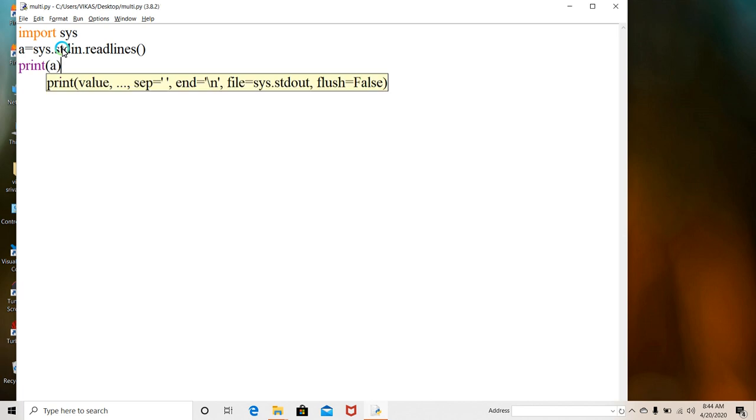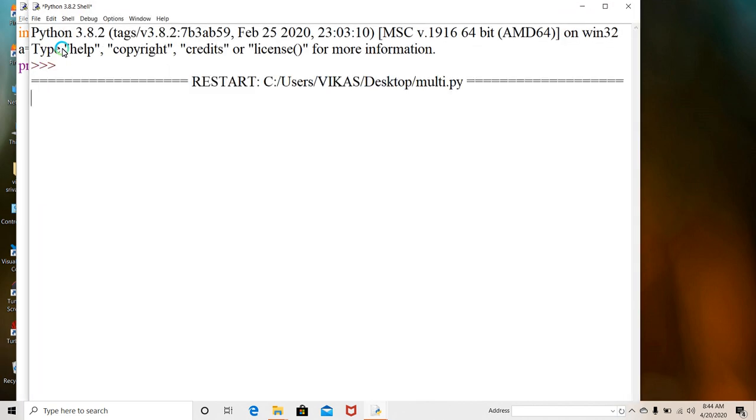See here, after saving this one I'm going to run it and I'm writing: Srivastav is computer teacher of class 12, teaching in Little Flower School Gita.